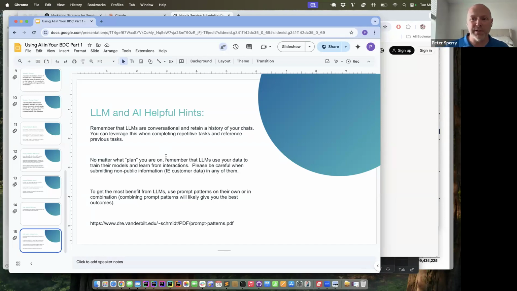The second one, and this is sort of a data safety thing, but no matter what plan you're on, unless you're hosting the LLM yourself, your data is out there. So I would strongly discourage putting non-public information about customers, et cetera, in there. Even as tempting as it might be for spreadsheet manipulation or data manipulation, any data that you put out within ChatGPT, et cetera, you should make sure it is all public domain type data.